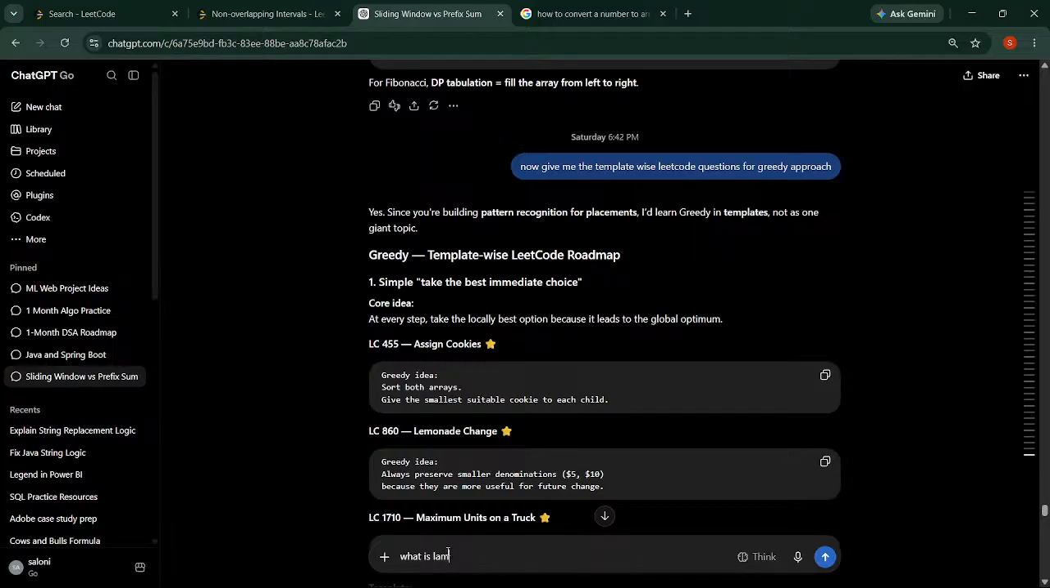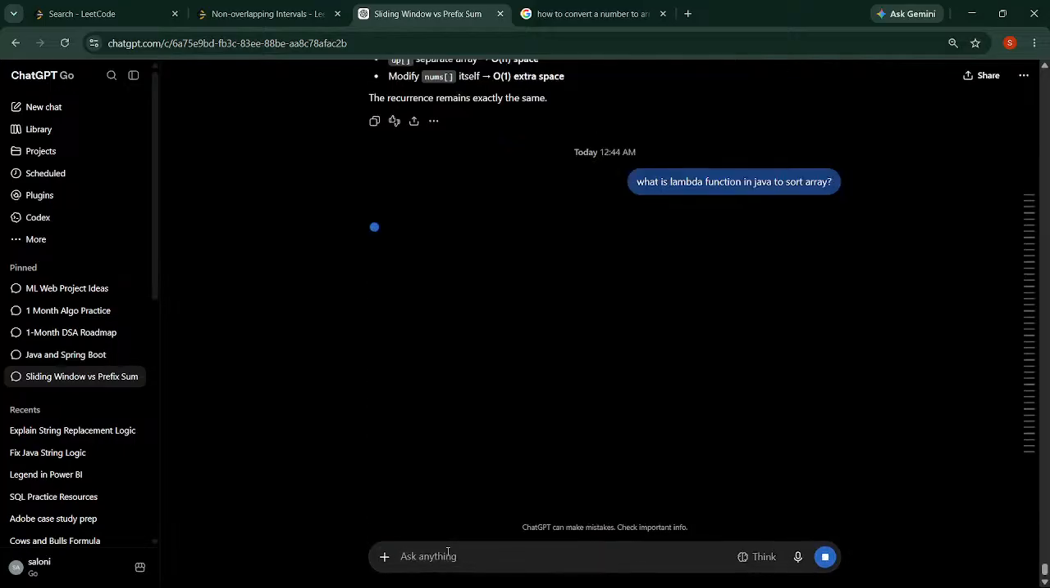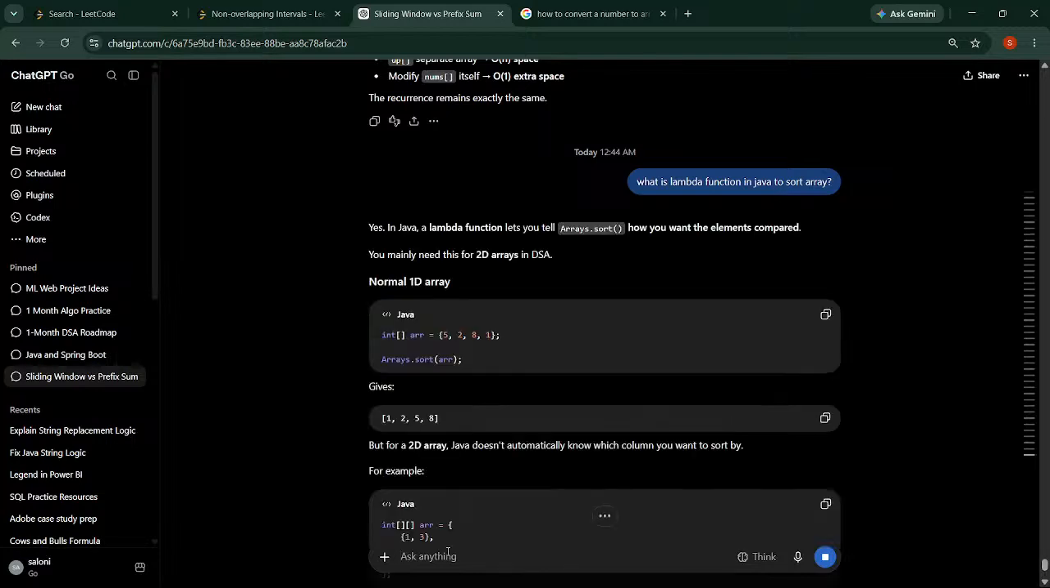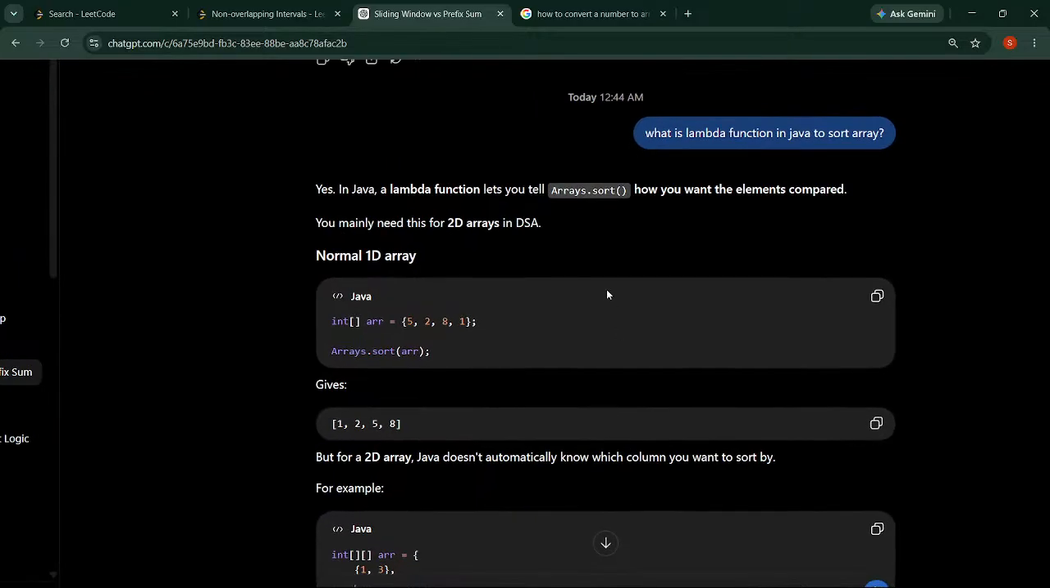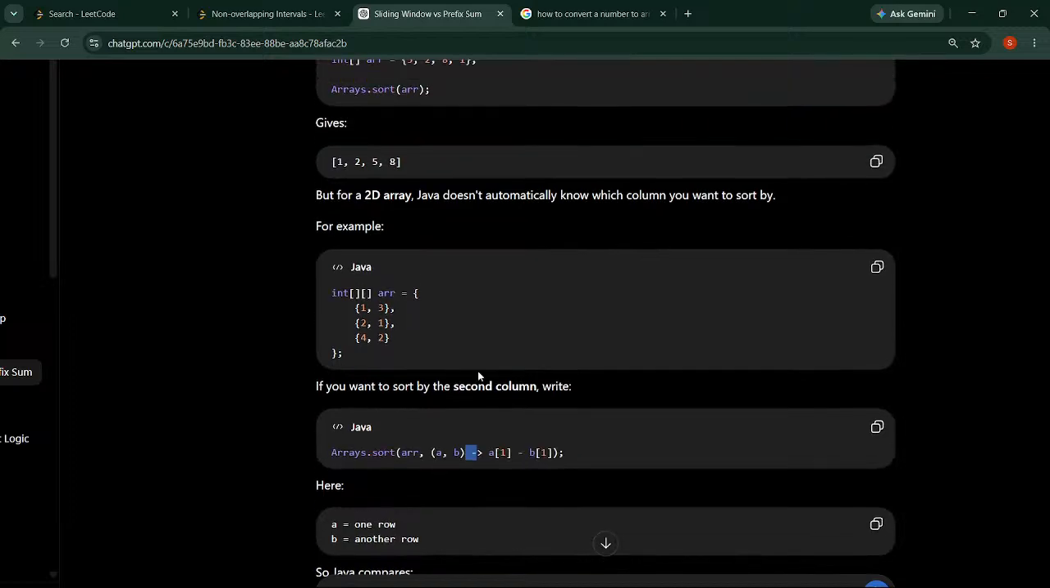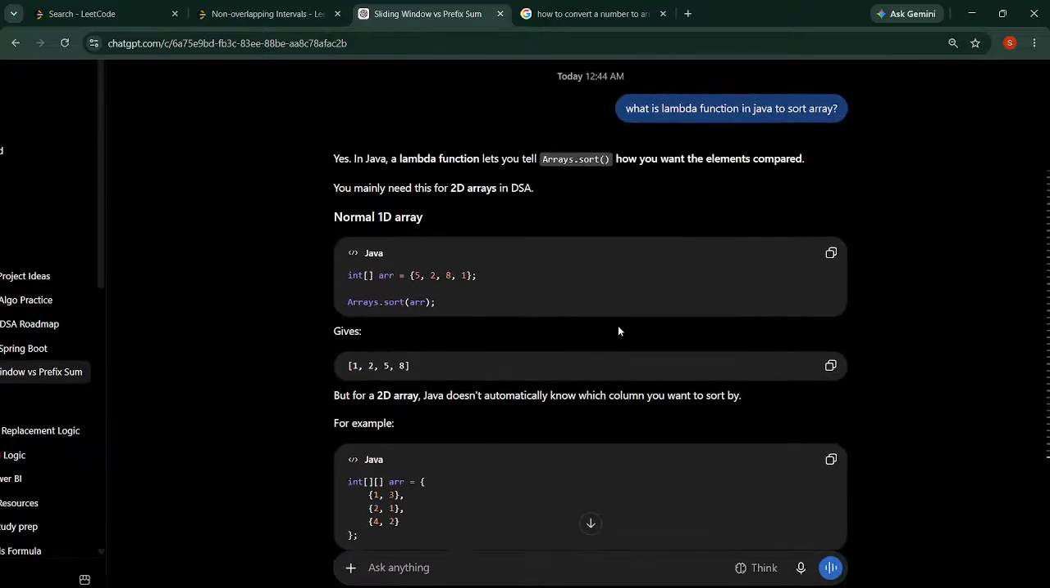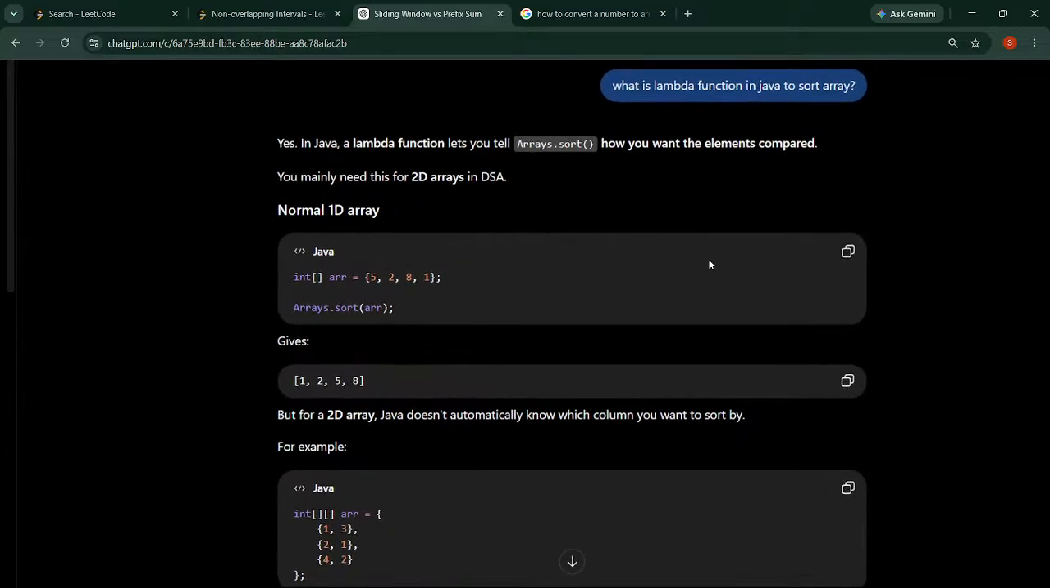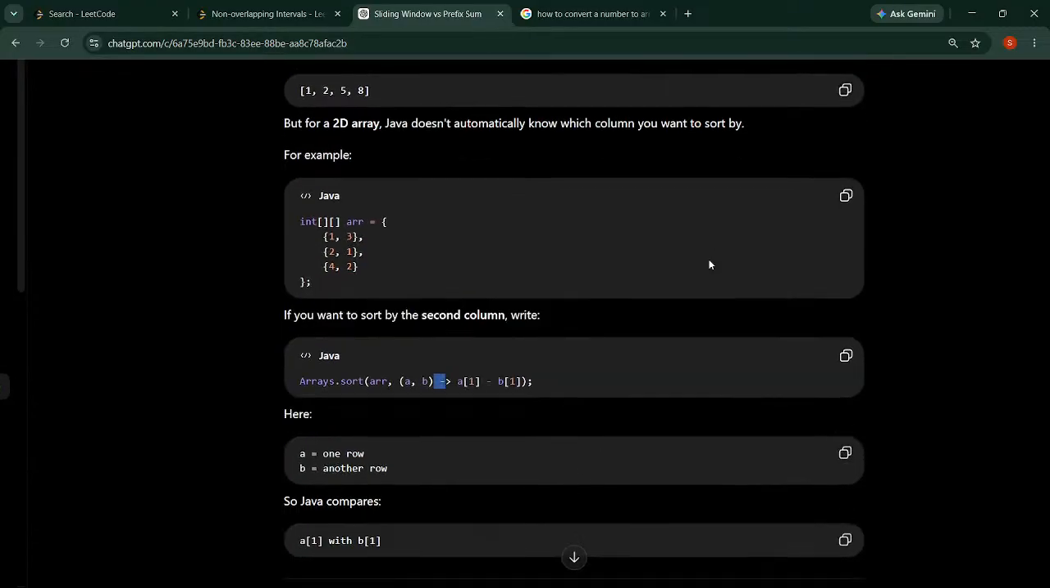Lambda function in Java Arrays. Java lambda function tells you how we want to sort the elements. भाई तो 1D array के लिए अच्छा, 2D कॉलम सॉर्ट करना है तो। अच्छा लैम्डा यानी कि ये वाला एरो यूज हो रहा है तो लैम्डा फंक्शन है। ओके, it tells you how you want the elements compared. टू डी का देखती हूँ मैं।